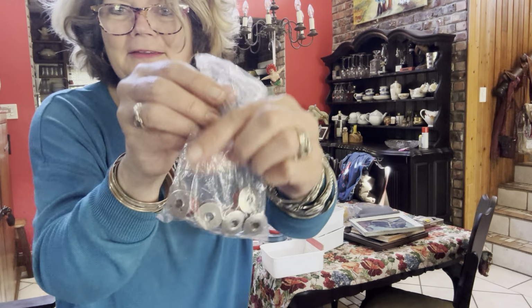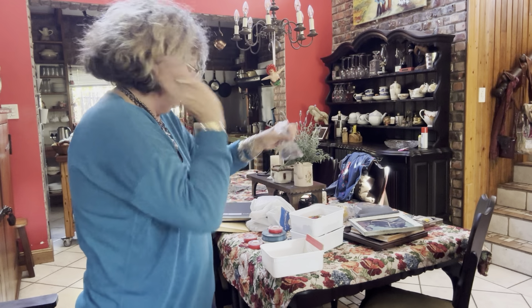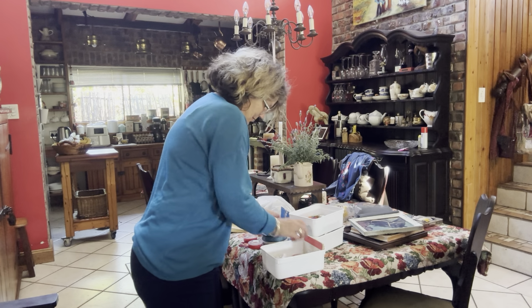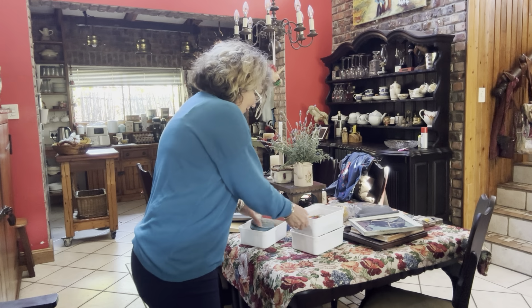Bobbins. Machine bobbins. I mean, that was just one of the things. One of the little tubs. The other one,